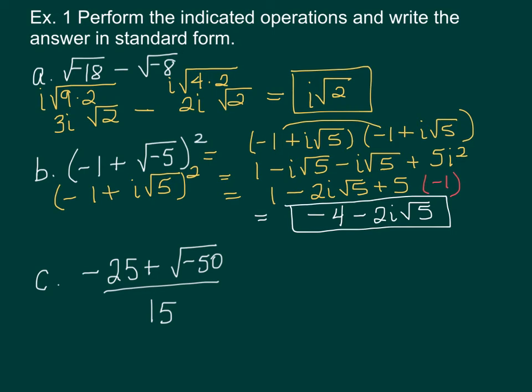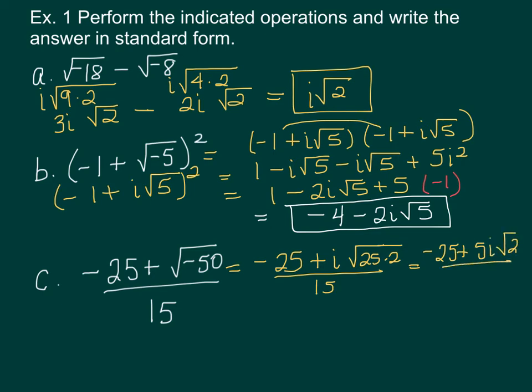Okay, and then C. Before I do anything, I have to simplify square root of negative 50. So I'm going to bring the i out first. And then 50 is 25 times 2. So the square root of 25 is 5. And I'm leaving the 2 under the radical. And remember, in standard form, I have to split it up. So I have